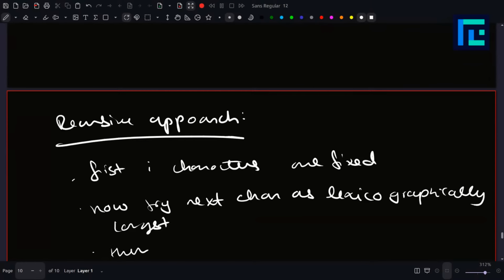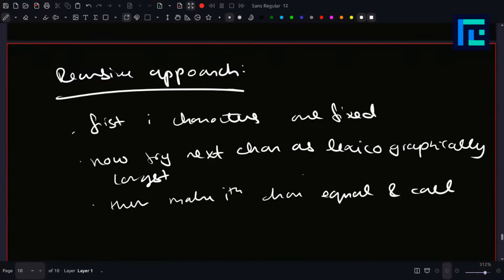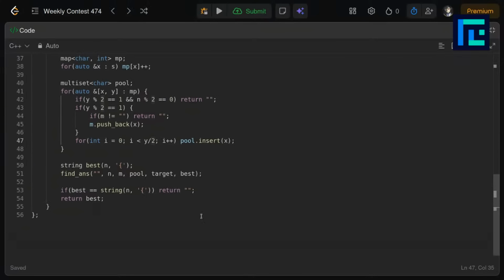Then make the ith character equal and call f of i plus 1, basically. Make the ith character equal and then try to match the i plus 1 character. The way I'm doing it is I'm creating a string of best and setting it to all curly brackets. The curly bracket is greater than all the characters, so whenever I